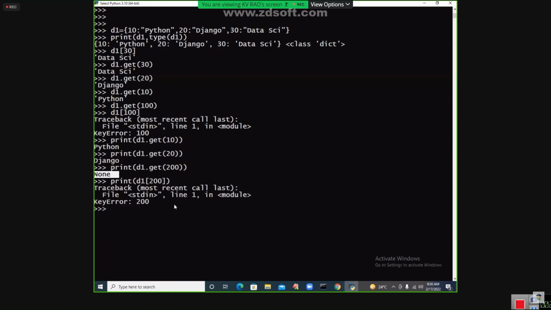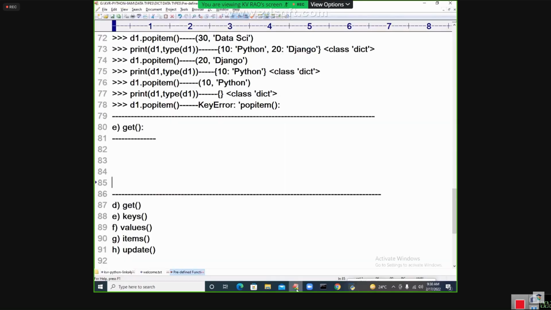Everybody should confirm that D1 dot get of 200 is called what? None is returning. D1 of 200 is giving the key error. And now